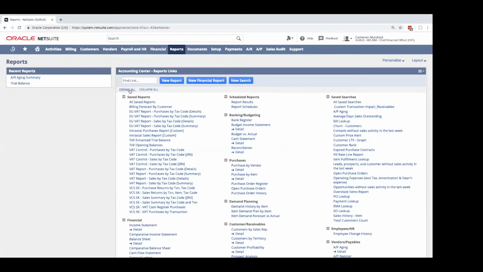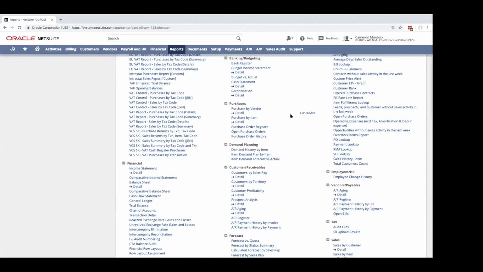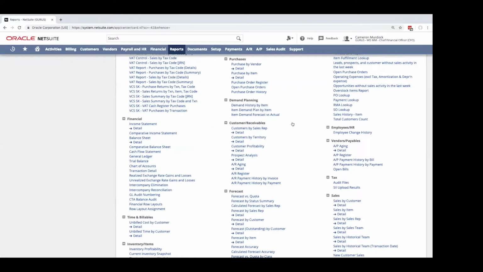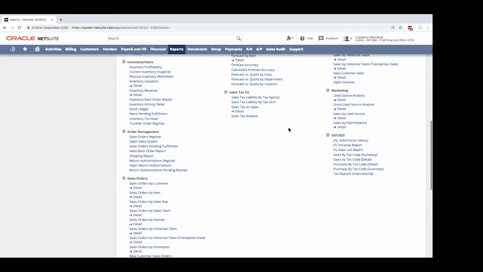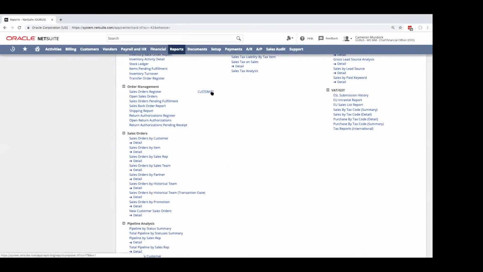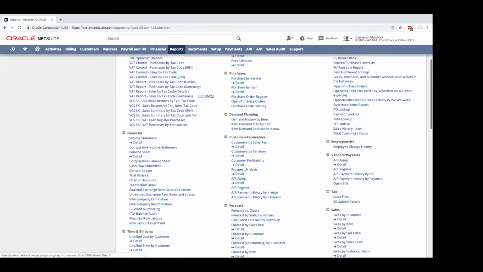And this is a good example of all the standard reports that NetSuite comes with, as we have over 100 standard reports at both the summary and detail level for financials. So we always start from these standard reports before we try to customize the instance, because it always gets us there more quickly.